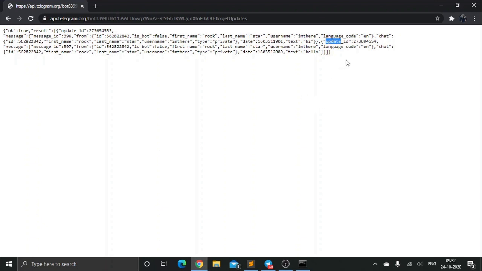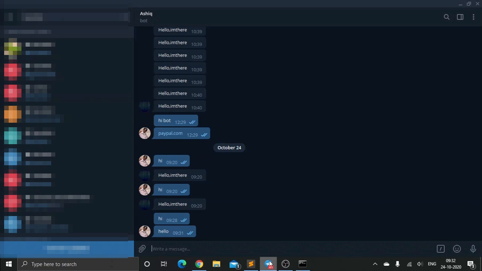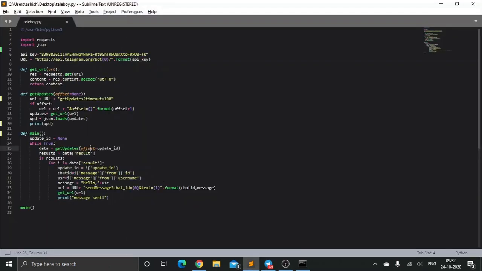Update ID will only be mine, so to speak, because this is my bot. I'm using it for my own recon purpose. I hope this idea of the offset stuff got clear in your mind. And we are